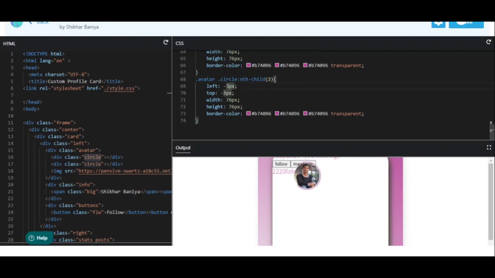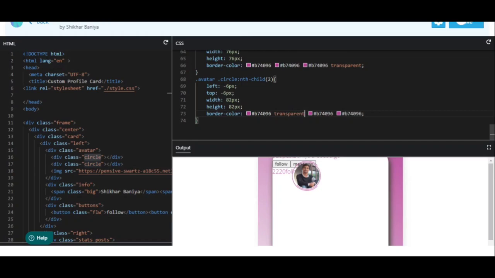Okay, left will be -6 pixels, top will also be -6 pixels, width and height changes, so 82 pixels, this will also be 82 pixels, and now we want here the color, but we don't want the color on the right part. Okay, so as you can see, we can't see this line. All right,